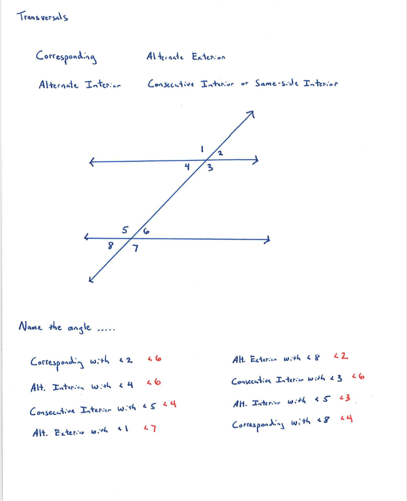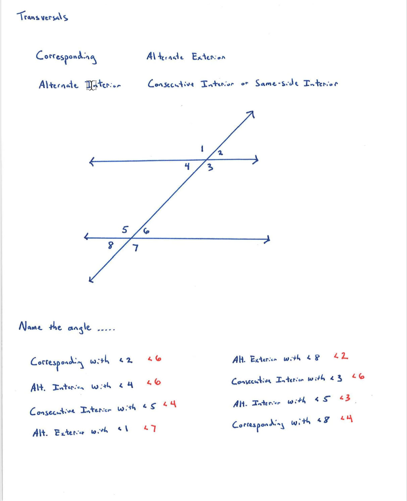And there are four main words we're going to look at. First, this line here that I'm highlighting, that's the transversal. The definition of a transversal is just a line that cuts through two other lines. So the blue highlighted line is the transversal, and then this guy would be a line and this guy would be a line. Okay? So the transversal cuts and makes 8 angles, and these numbers aren't really important of what number is what,